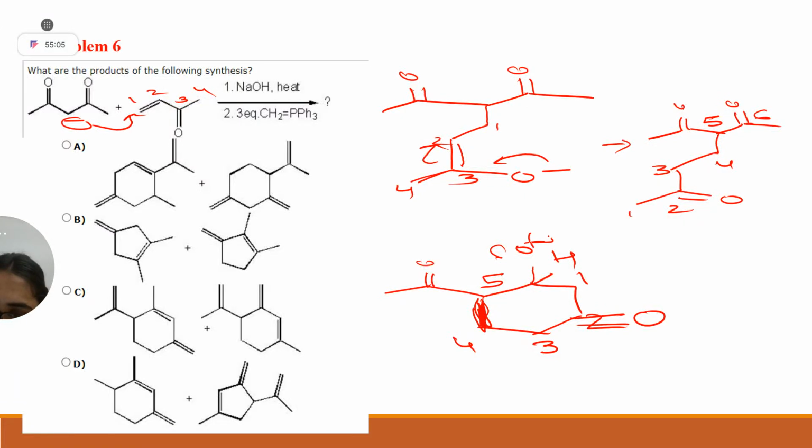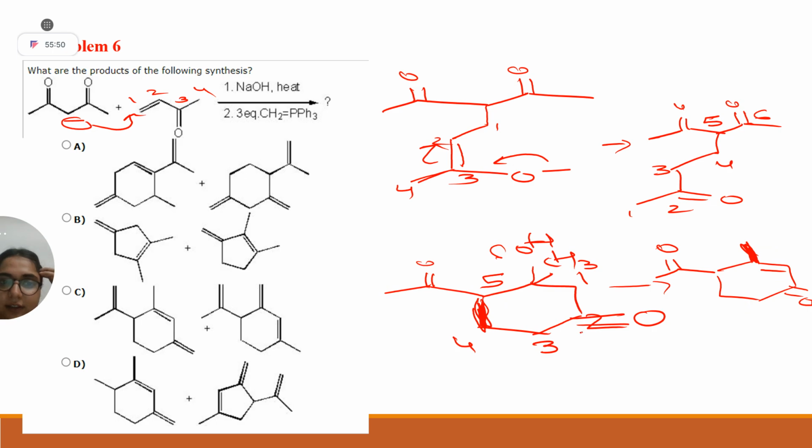Now, obviously, it will become OH, and after dehydration, it will form your alpha beta unsaturated system. Clear? Yes, ma'am. Ma'am, actually, one more thing. Instead of this CH bond, there'll be a methyl bond, right? Like in place of five, there'll be OH and then one methyl bond. Exactly, exactly. There I'm wrong. You are saying this, right? Yes, ma'am. So this is a good observation. So is this clear? How I have done this?